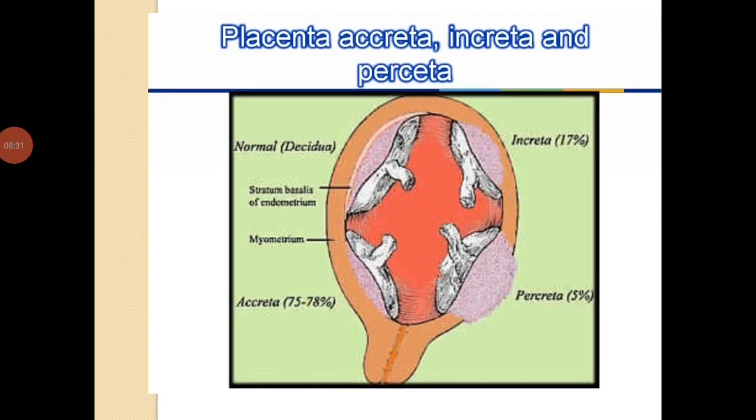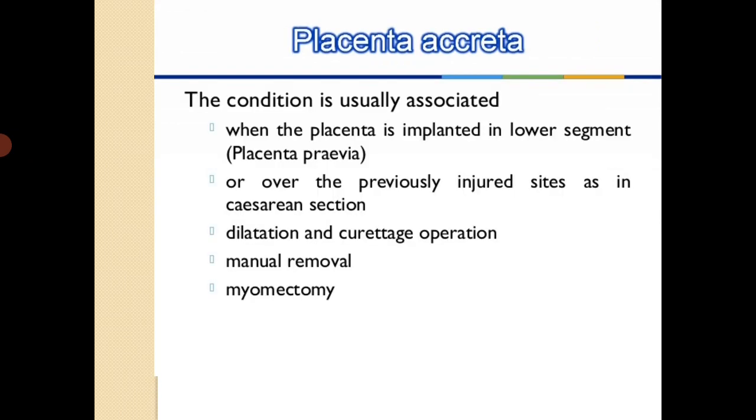Then placenta increta accounts for 17% and placenta percreta accounts for 5%. First we will discuss the placenta accreta. The condition is usually associated with when the placenta is implanted in the lower segment, that is called placenta